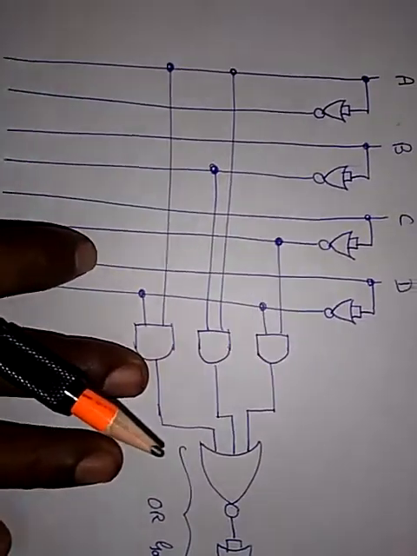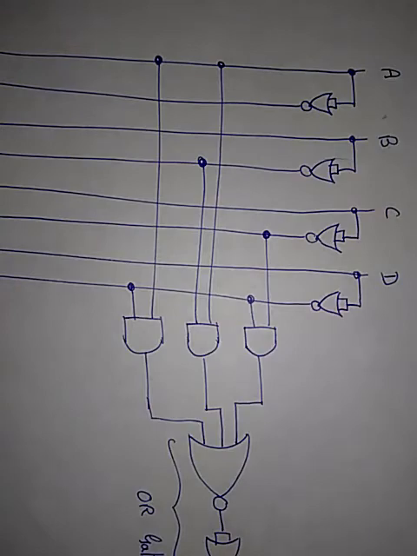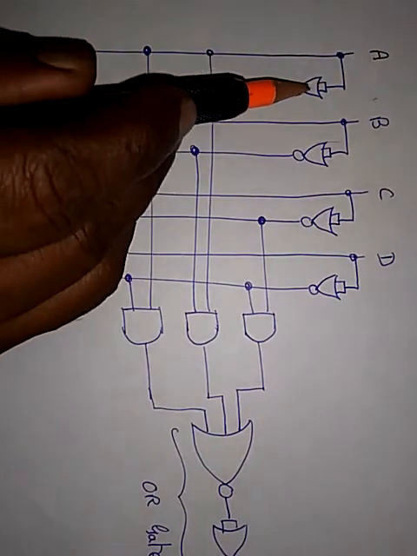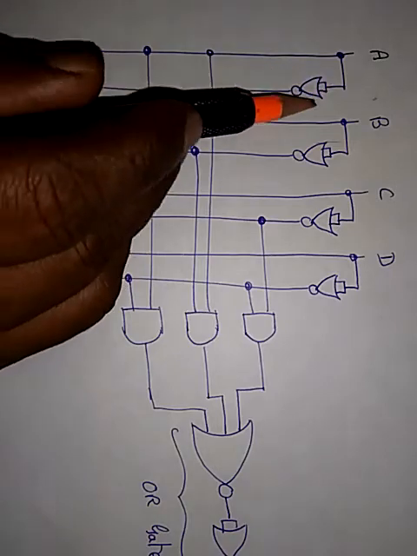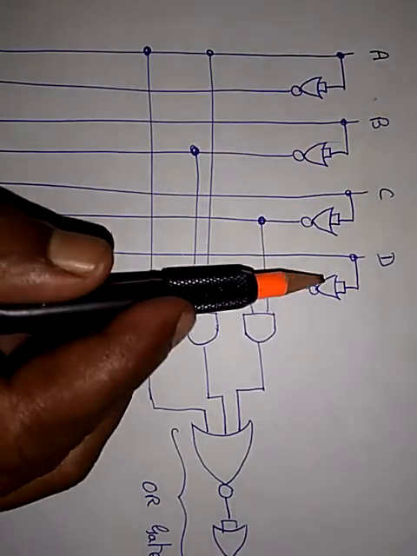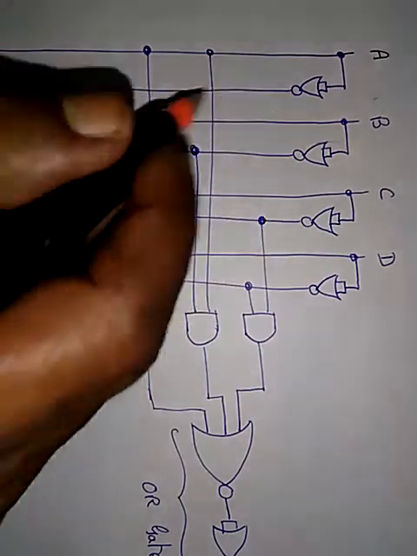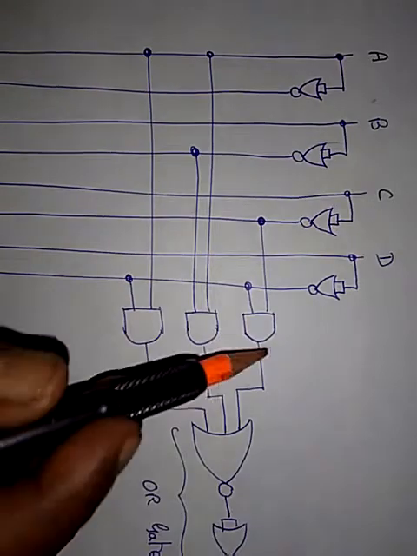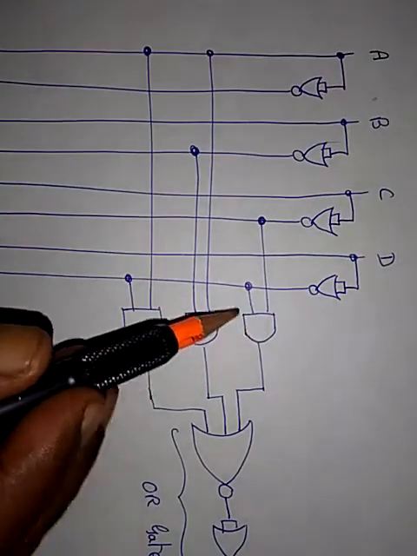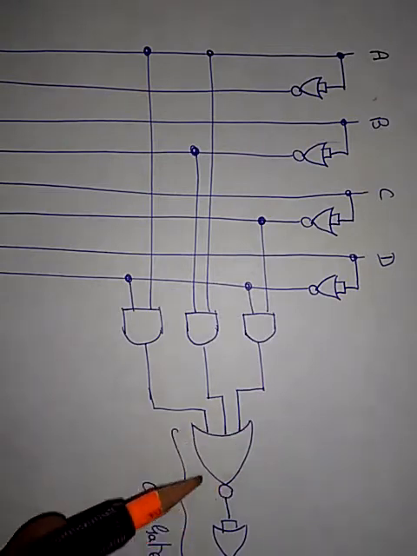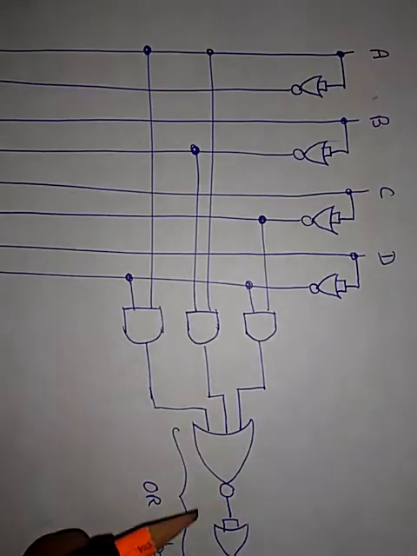So the realization part will be: if you short the two inputs of the NOR gate, it will act as an inverter or NOT gate. So you have introduced four NOT gates using NOR gate. Just draw the straight lines. There is no difference in the AND gate. The connection, everything is the same. Only the OR gate alone has to be converted into NOR gate.